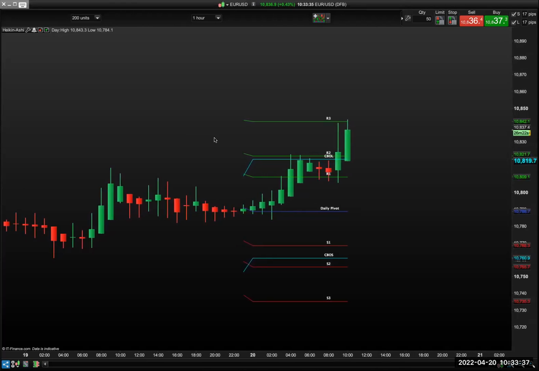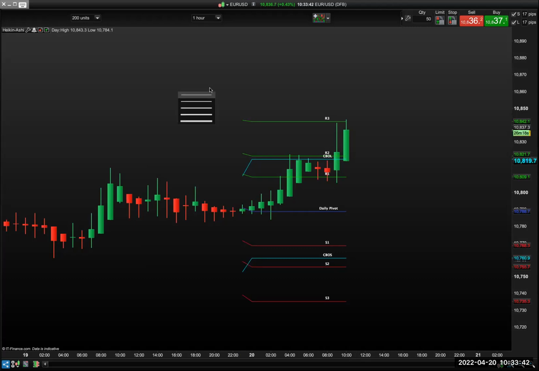to anything you like. And if you like the style a little bit different, then you can change the style to a wee bit thicker. Do the same for CBOS, and make it a bit thicker, and then make it a little bit more like this. If you decide you want the daily pivot maybe to be a bit of a dotted line, like so, or more of a dashed line like so,